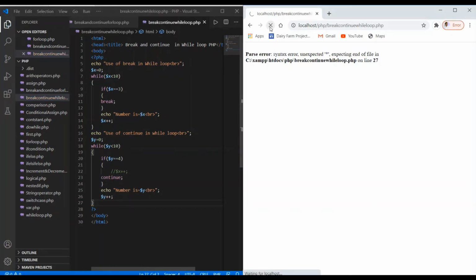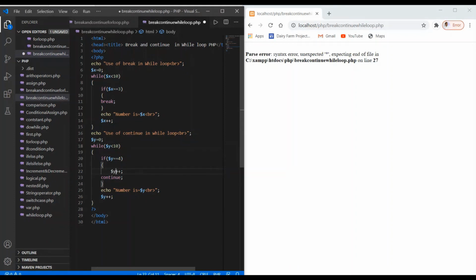It again takes time to load, but I will make this line enter here, and we save the changes and refresh this. You see the result here.